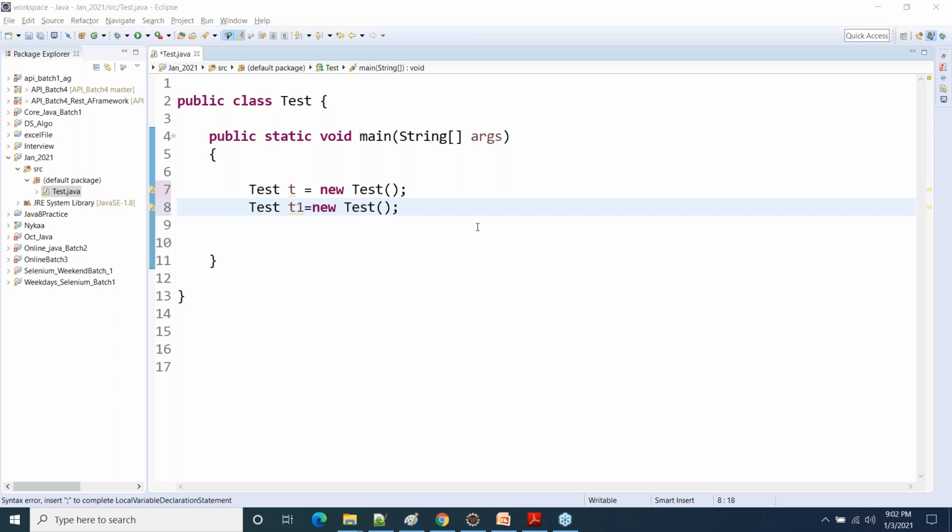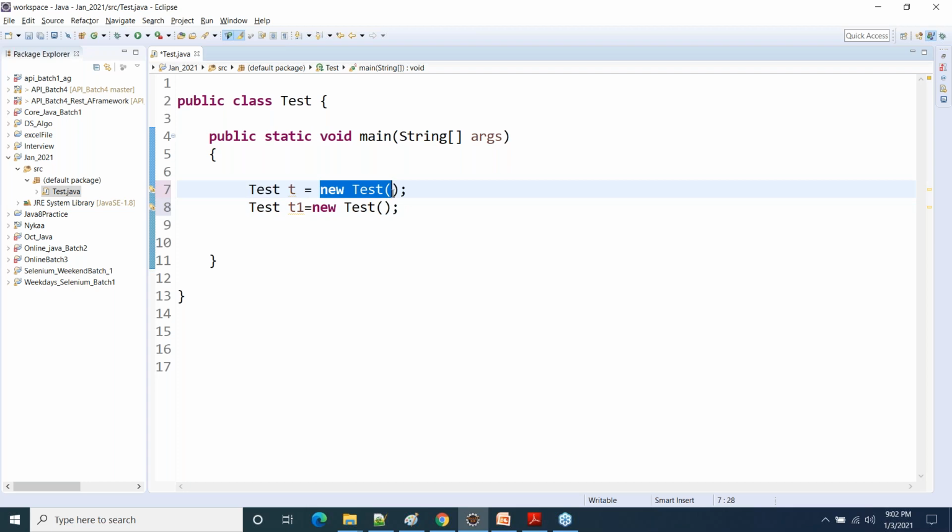That's what I've told you, that you can create n number of objects for the same class. What exactly do you mean when you say the name of the object? The syntax is going to remain the same.